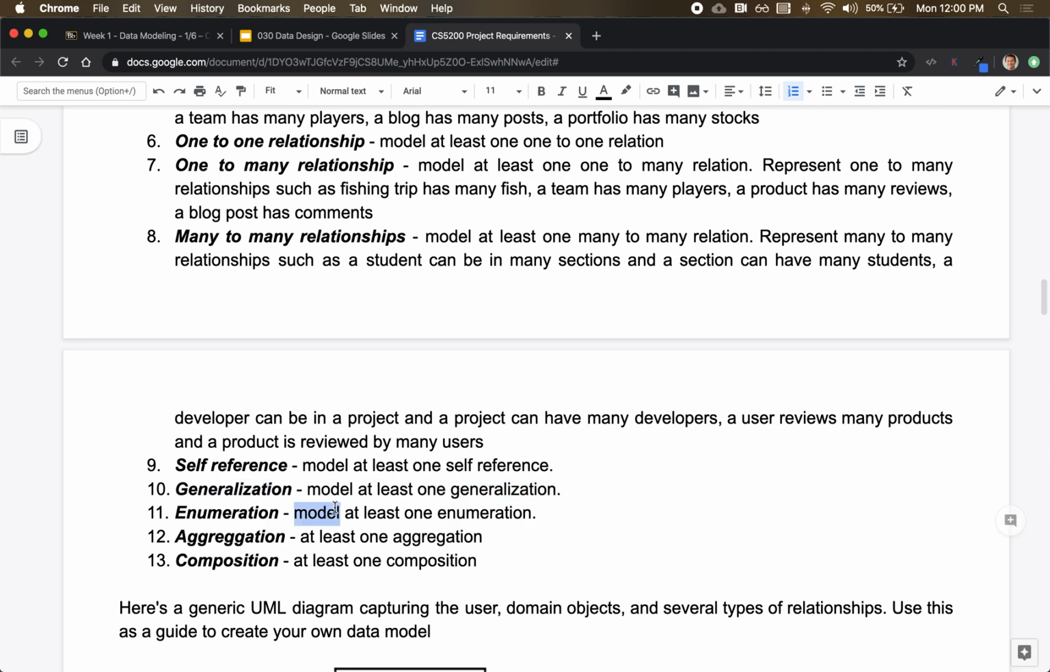At least one enumeration. Enumeration is keeping track of all the valid values that a particular field might take. So I might keep track of what are the genres for the movies. So you might have drama, horror, sci-fi. So those are enumerated data types. Okay? And the requirement is to implement it in what's called a